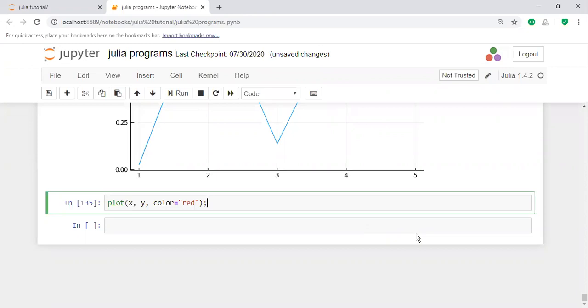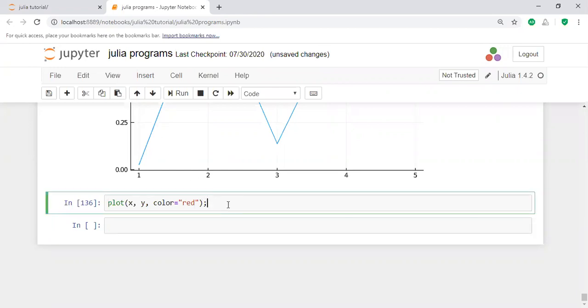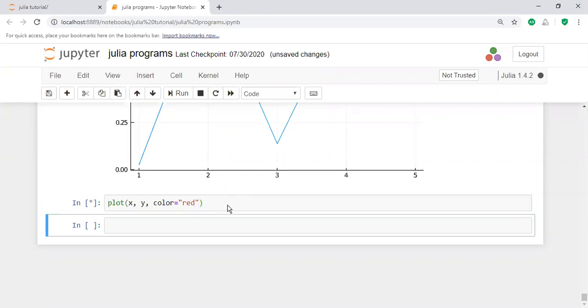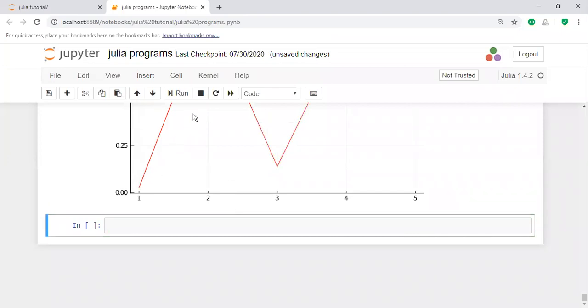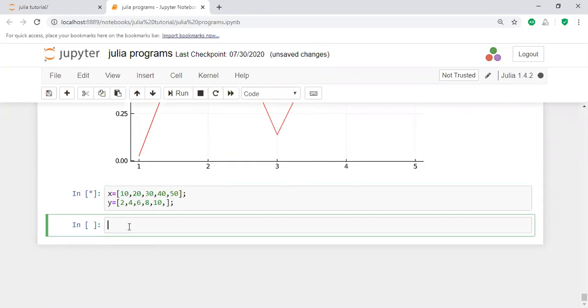That means if you apply the color value, it will change the color, which was previously blue. Now I'm going to change the color here. For example, I want to change the color to red. Yes, it will display the color as red. Similarly, I'm going to apply the box plot for the x. Here I'm taking the x value like this.